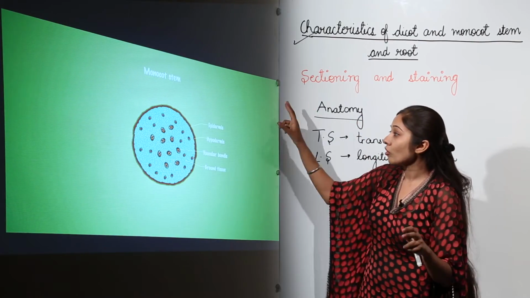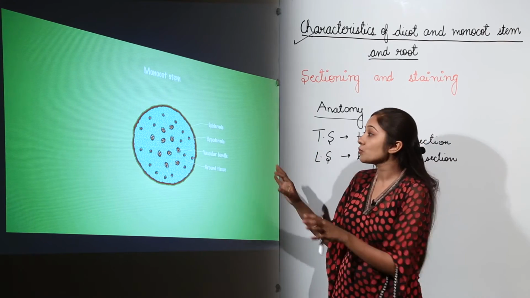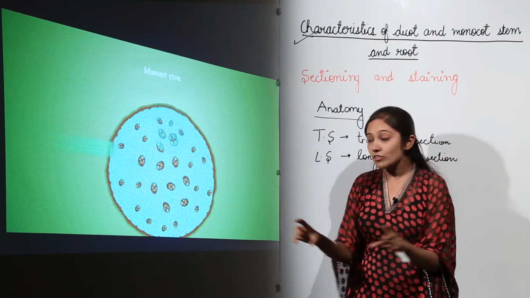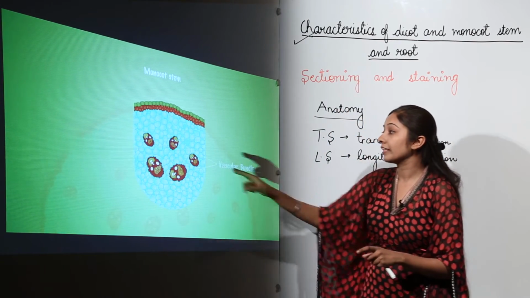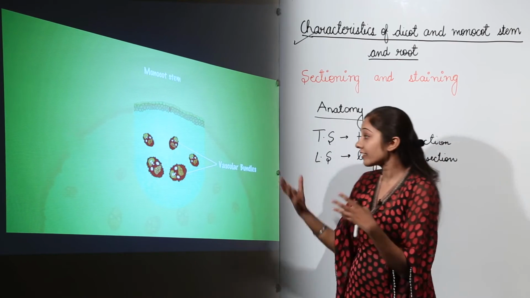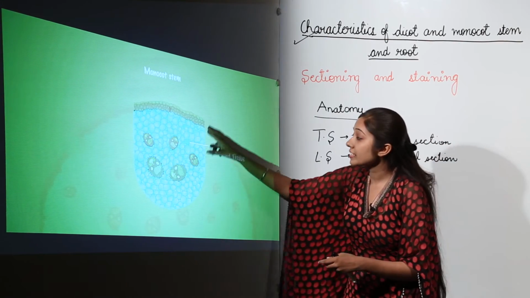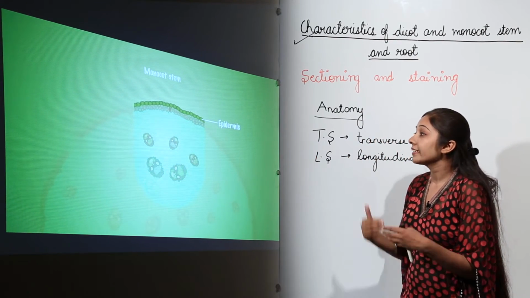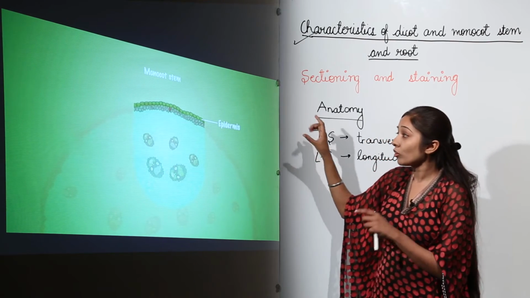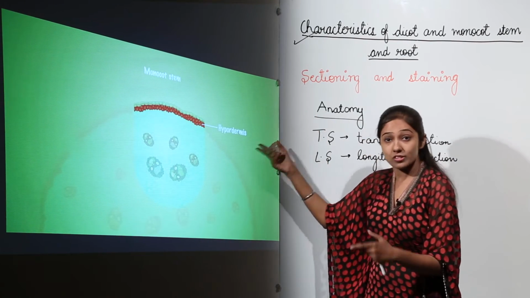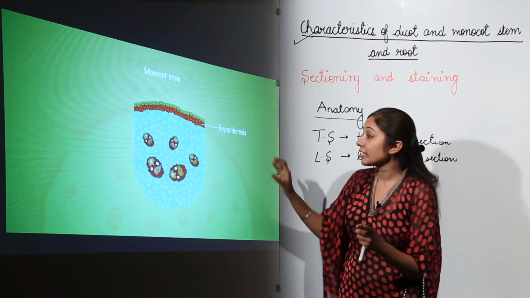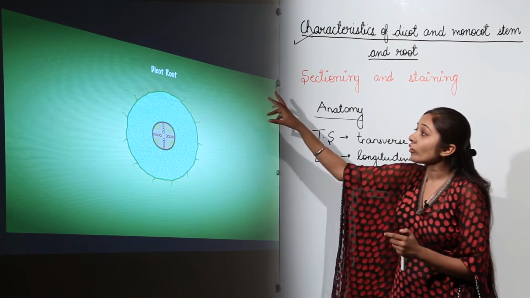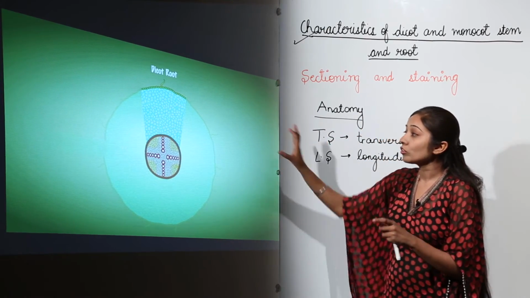Then we talk about monocot stem. Here the difference is you will see scattered vascular bundles. In that case we had a ring structure, but here you have scattered vascular bundles, scattered xylem and phloem. Then we have certain ground tissue also, right? The first layer is epidermis only, and then in the monocot stem you have hypodermis also, similar to what we have discussed earlier, but the difference is the scattered vascular tissue and the ground tissue.